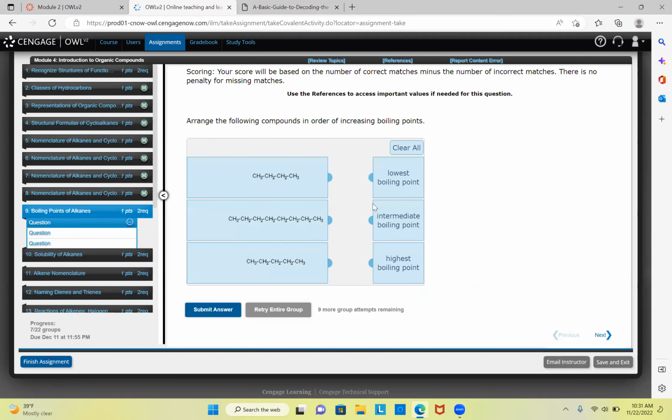All right, for number 9, this is going to be asking some questions about boiling points and melting points, as well as number 10, we'll be talking about solubility. When we think about boiling points for alkanes, the boiling points of alkanes are going to increase with the increasing number of carbons. So the more carbons you have, that boiling point is going to increase. And this is due to what are called intermolecular forces. Now, what's going to happen as well is if you have more